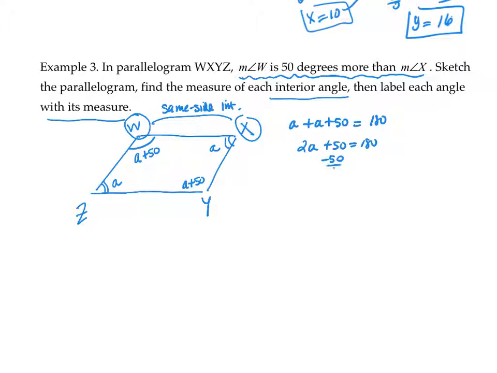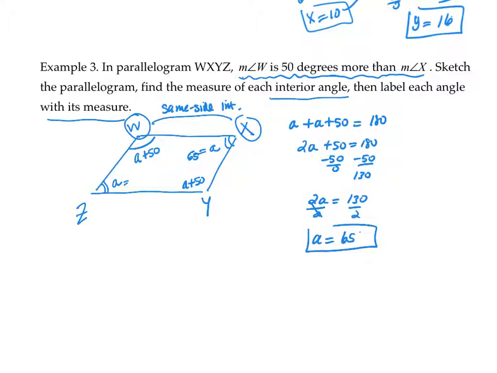Keep solving for A. Subtract 50 from both sides, we get 130. So 2A is equal to 130. Take and divide by 2. We have A is equal to 65 degrees. Alright, if A is equal to 65,